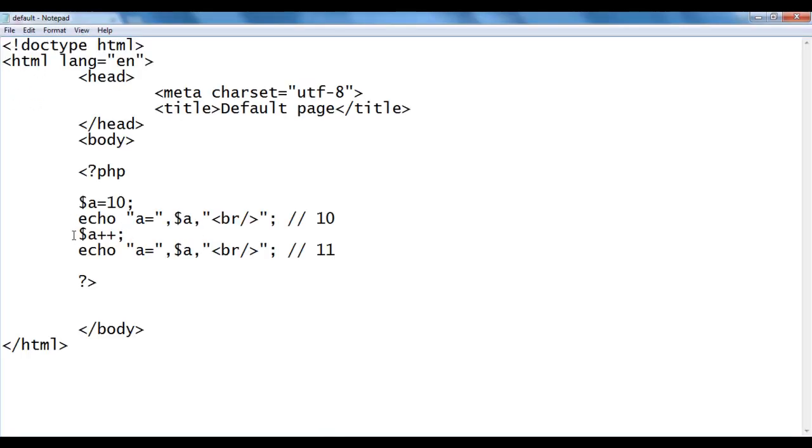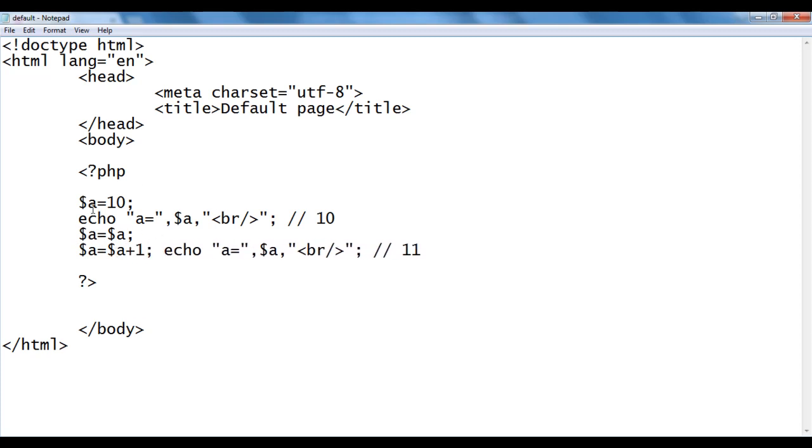Now how is this code going to get executed, guys? Let me explain it clearly. In this statement, we actually have two statements. The first statement is $a = $a, that is the assignment statement. And the second statement is going to execute before executing the next statement, and that statement is the increment statement, $a = $a + 1;